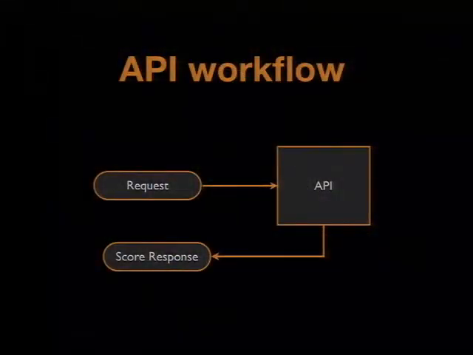All right, so when we first were talking about the API, this is pretty much our ideal workflow for the entire API. All we really want to do is have a request come in, latitude, longitude, location, goes through this magic box, spits out a score response. So that's pretty much it. And of course, things get a little bit more complicated than that, but before we get to the complications, we have to figure out where we're going to host this.